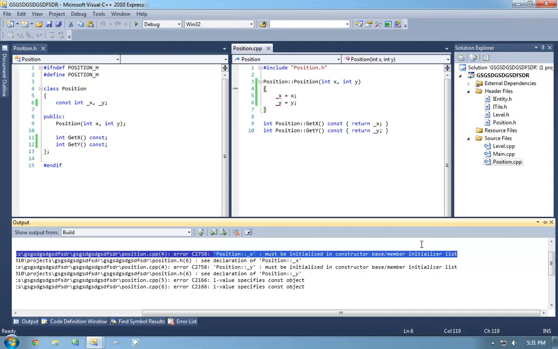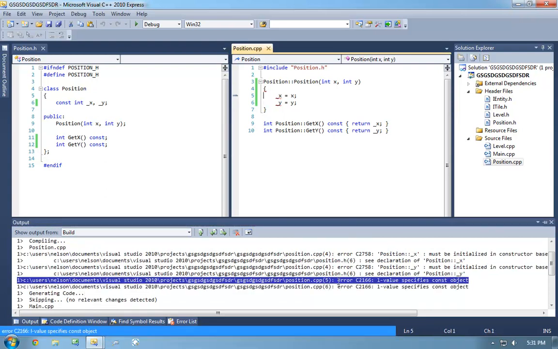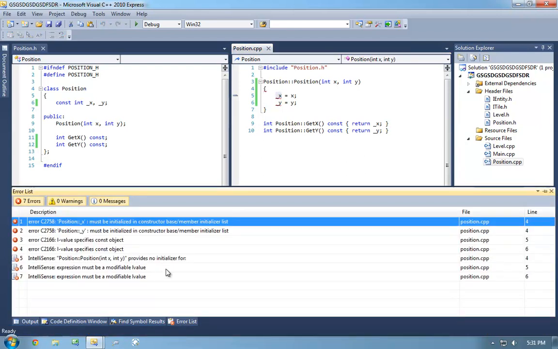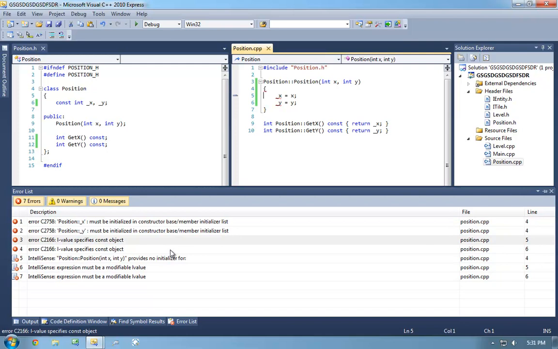Also notice that we get two other errors. L value specifies const object. Now that is a little bit of a more ugly error than I would have liked from the C++ compiler, but if you read it out loud a couple of times it should be fairly straightforward. The left value, or the value on the left of the assignment, the one that you're assigning to, specifies a const object, because you cannot change the value of a const